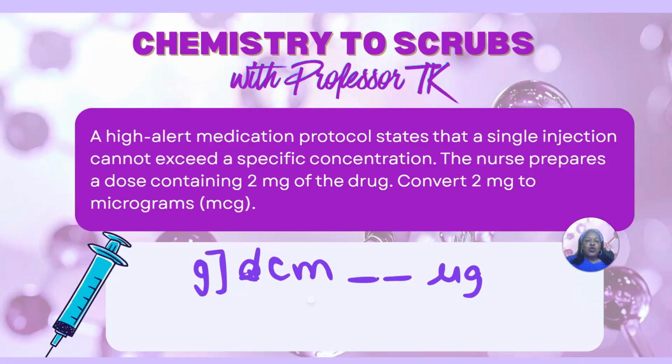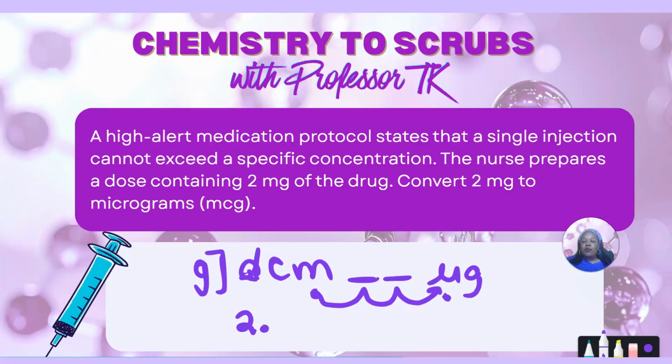So here you've got 2 milligrams that you need to convert to micrograms. Now, you remember from before, we're just moving it 1, 2, 3 to the right. So with that 2 milligrams, the decimal's at the end, and all we're going to do is move it 3 to the right. All right. So here we go. 1, 2, 3. So you end up with 2,000